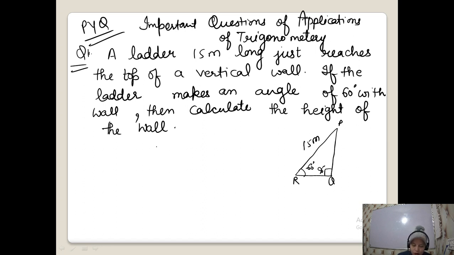Now you can solve it using this formula. This is P, this is given H. You know, P over H is the formula of sin theta. Either you can use the sin theta formula or the cosecant theta formula. I am using here the sin 60° formula. You can write like this.